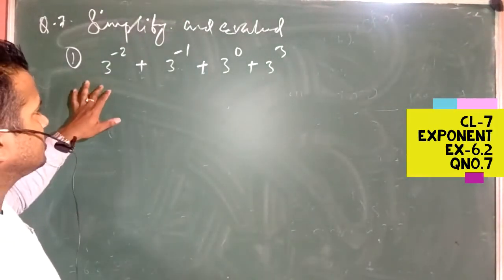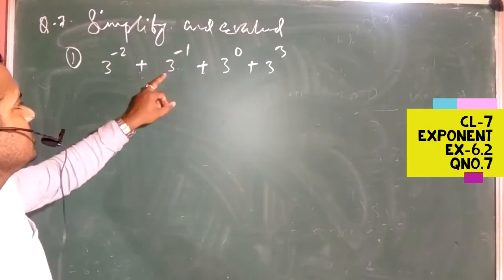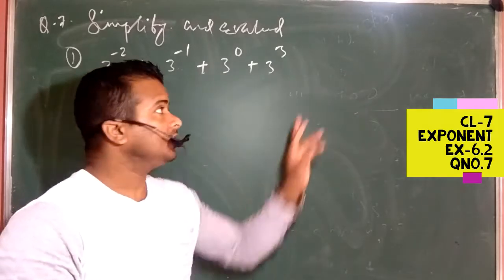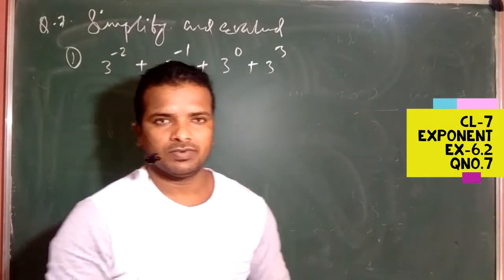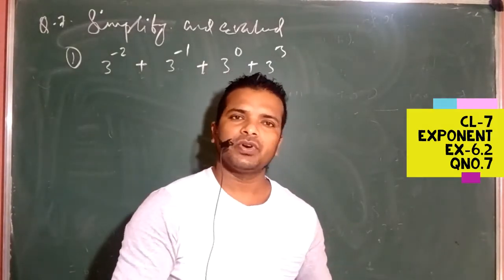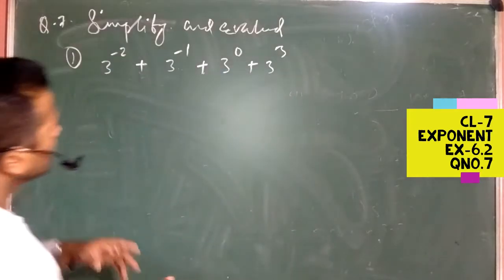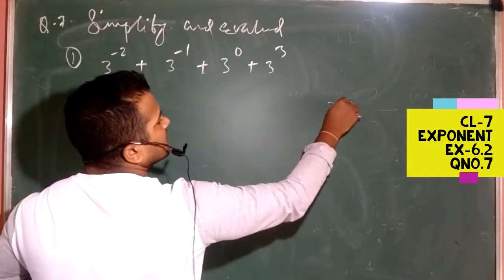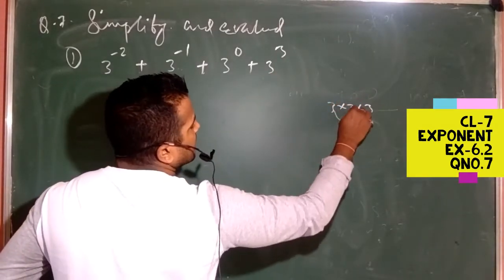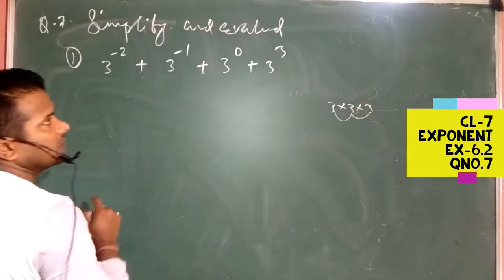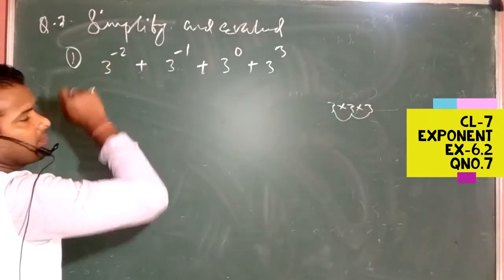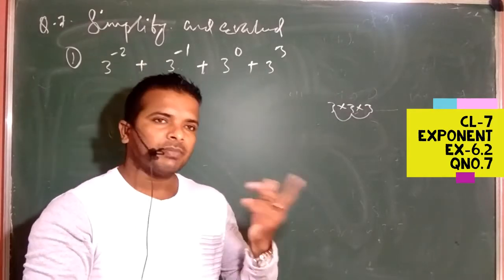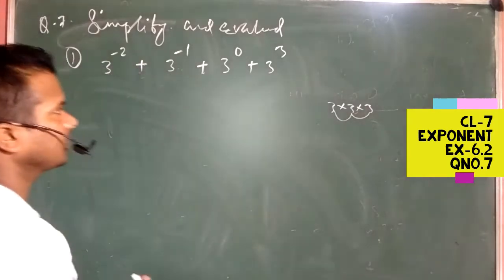Here, 3 to the power minus 2, 3 to the power minus 1, 3 to the power 0. If your power is positive, no problem for that. Simply how we used to do before, we will multiply. But here, 3 times, that means 3 into 3 into 3. So 3 3s are 9, 9 3s are 27. But here, 3 2 times, but minus. We cannot multiply 3 into 3. First, minus will be converted to plus.